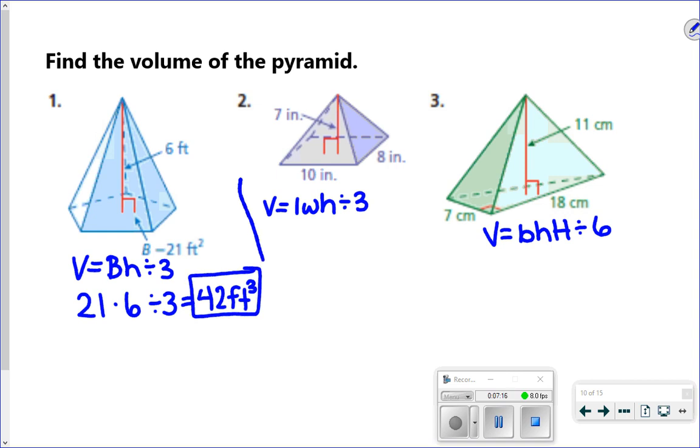All right. Switch colors here. Keep it a little more organized. Okay, so for our second pyramid, we're multiplying and dividing by 3 again. So 10 times 8 times 7 divided by 3. You can do that all in one step if you'd like. And once we do that, we get